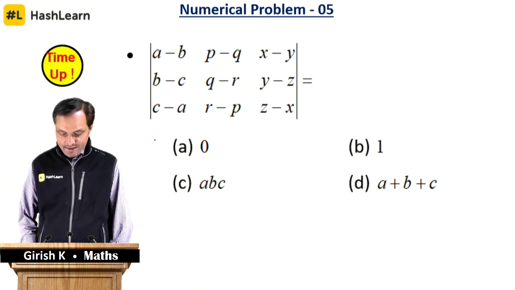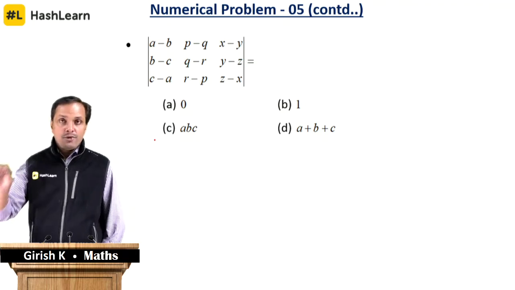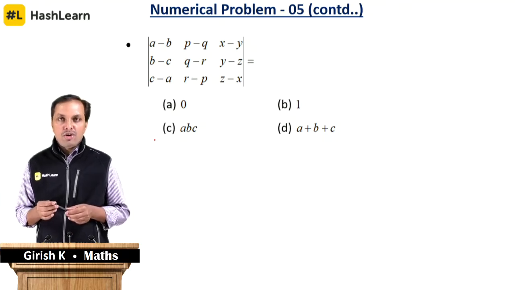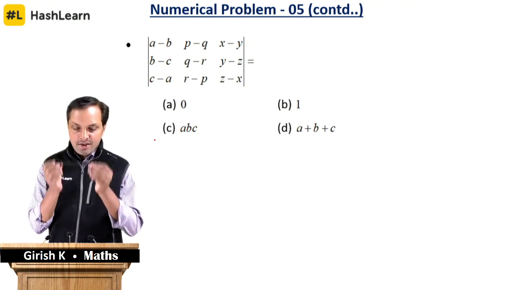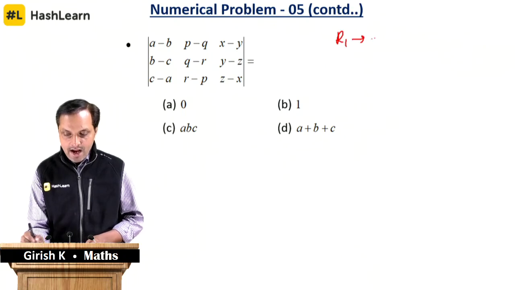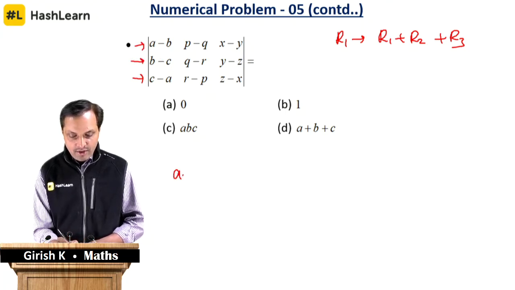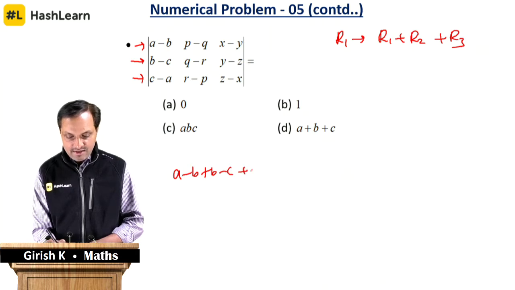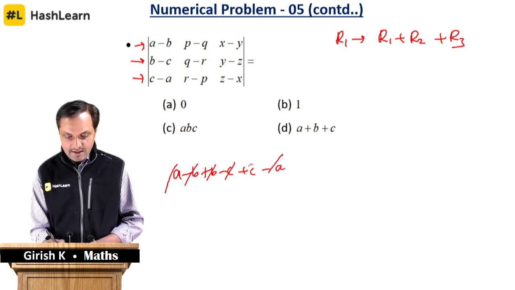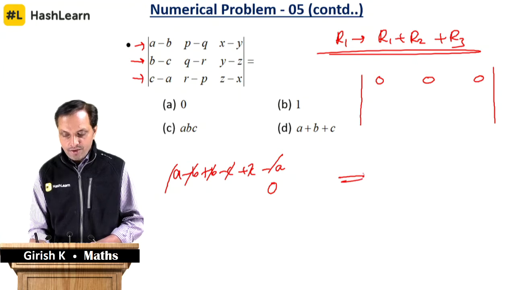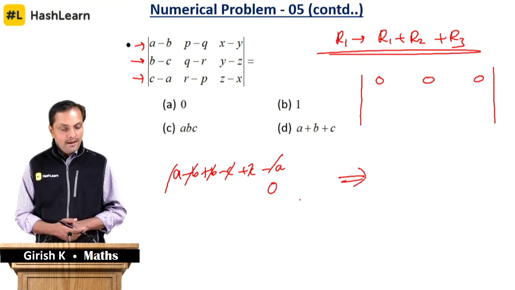Time up. See, always you can catch hold of your pen and try to simplify the rows or columns. So here, if you catch row 1 and add row 1 plus row 2 plus row 3, when you add this plus this, you know A minus B plus B minus C plus C minus A all gets cancelled. You will have 0. So when you apply R1 plus R2 plus R3, here the first row will be completely 0. So as you all know the property,